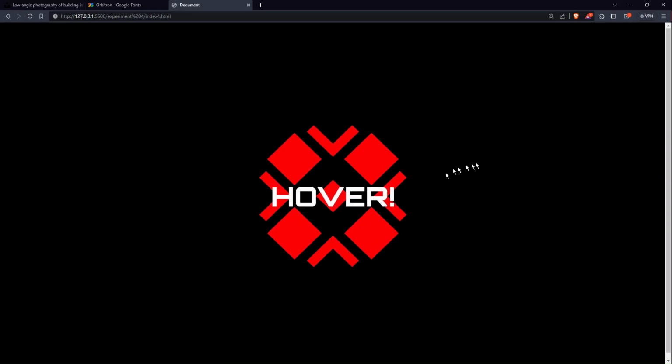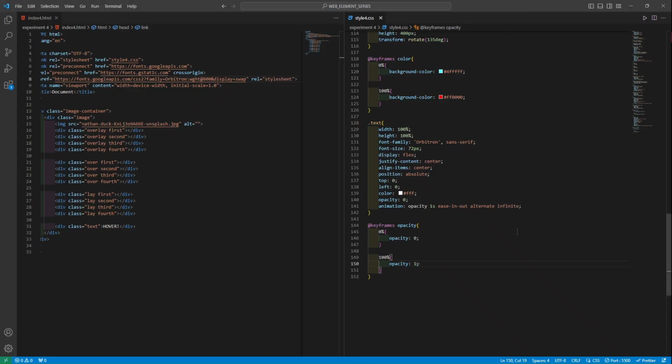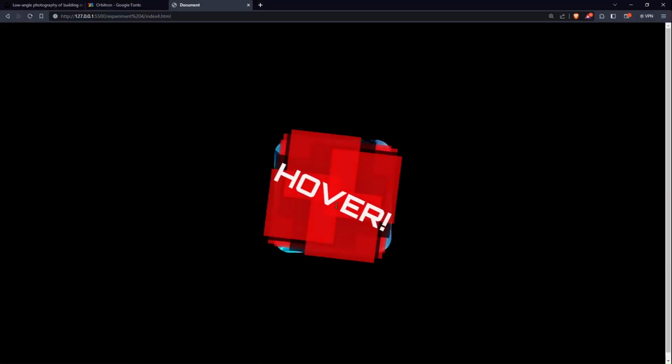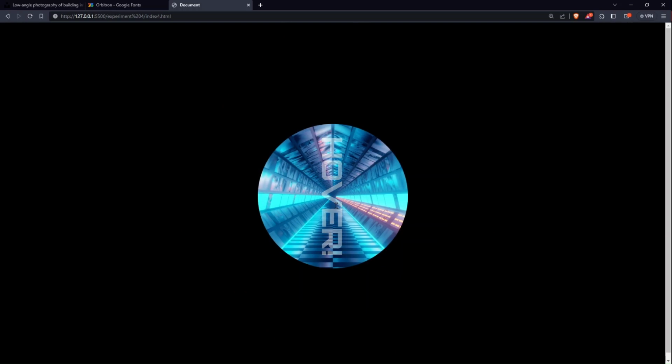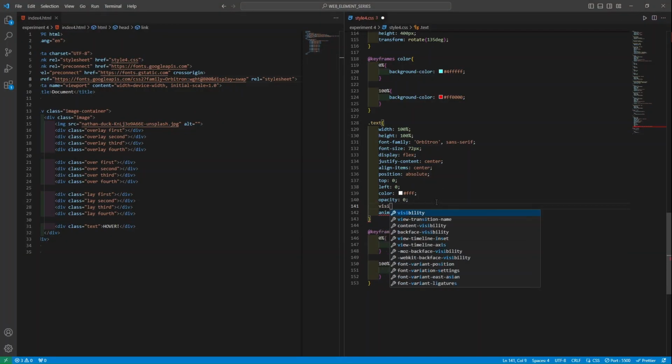Let's reload it. And as you can see, when the color turns blue, it disappears and appears back when the color turns red. Also, if I hover over it now, the text would still be visible to us. So to remove this, I'll use visibility, and I'll give it visible, not hidden,